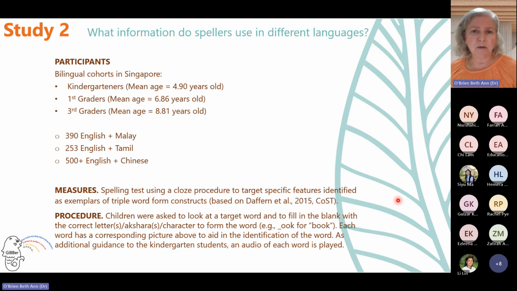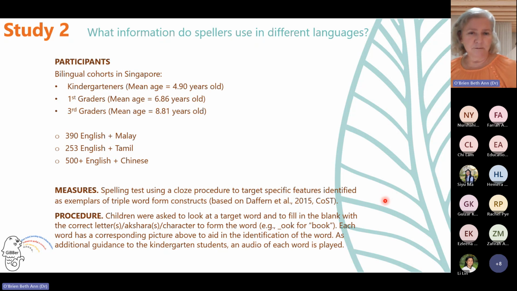So we also modified the task that we use. Instead of using a dictation task, which really elicits an oral spoken language, where you have to translate from speech to print, when you're writing, when you're using expressive language, you don't have somebody telling you the word, you have to come up with the word yourself. So you have kind of your inner voice rather than hearing the auditory dictated word.